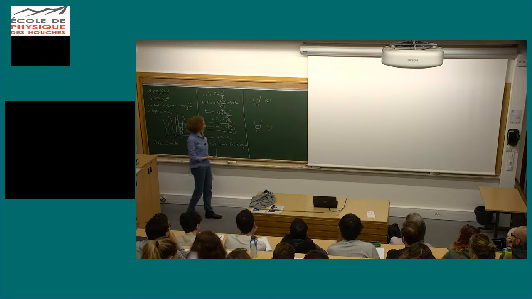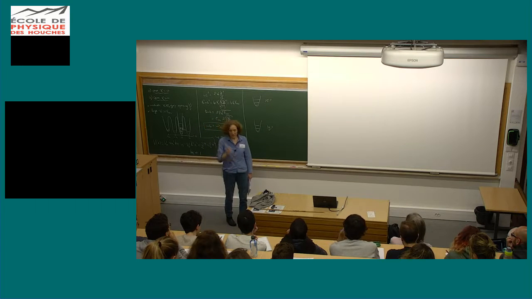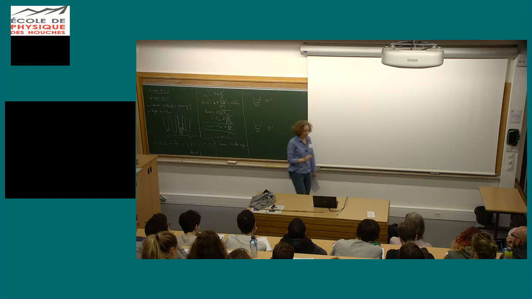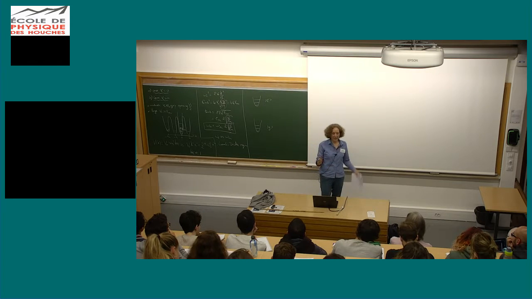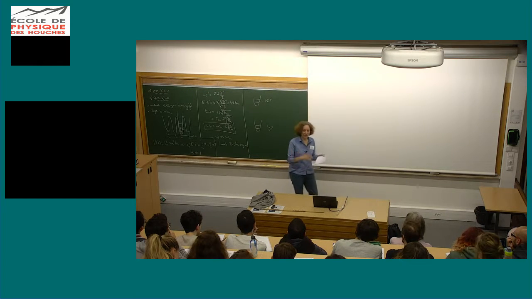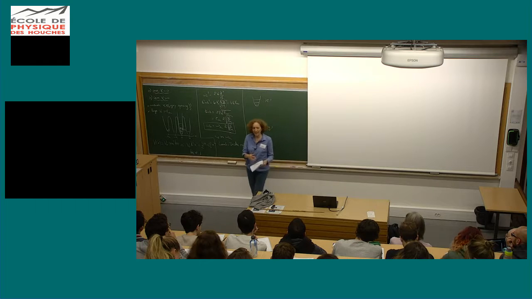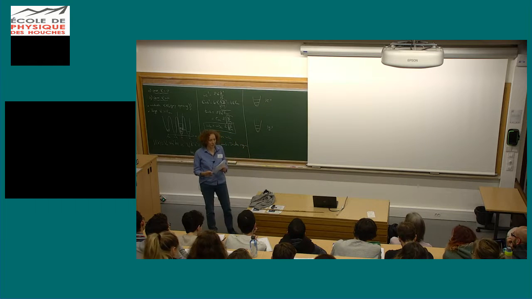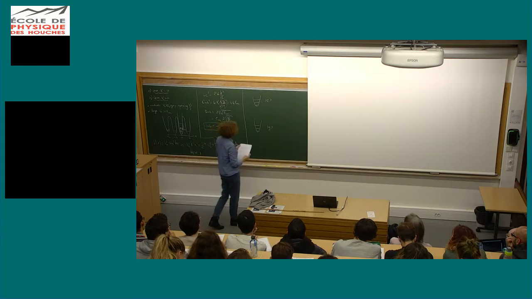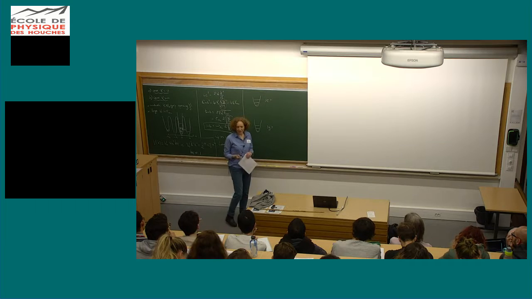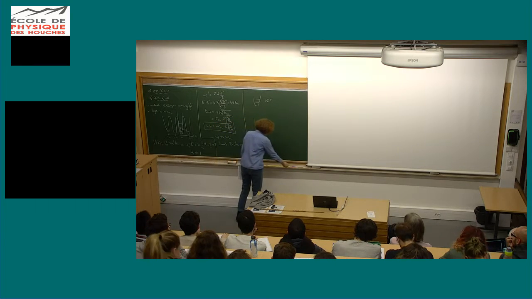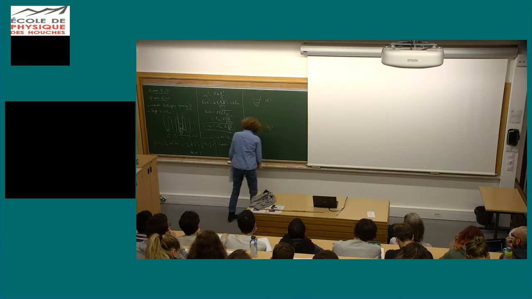And so there are possible transitions between those states. This comes back to the lecture of Philippe, where he showed that there was an amplification of the probe or an absorption of the probe depending on its frequency with respect to the pump, and there was a peak at the oscillation frequency inside the well. So here it is the same story. What are the possible transitions?